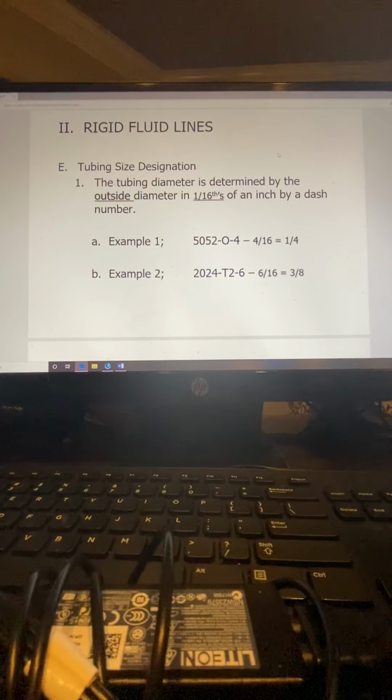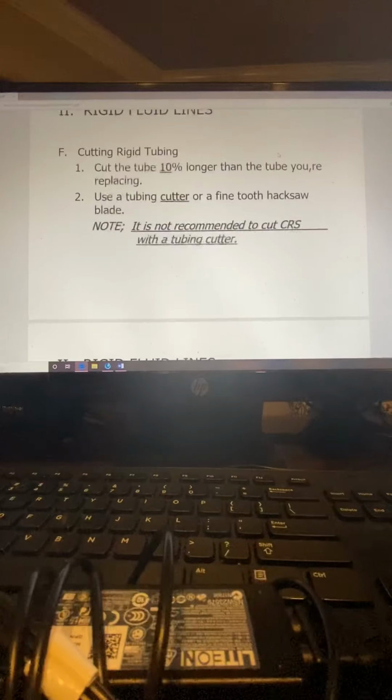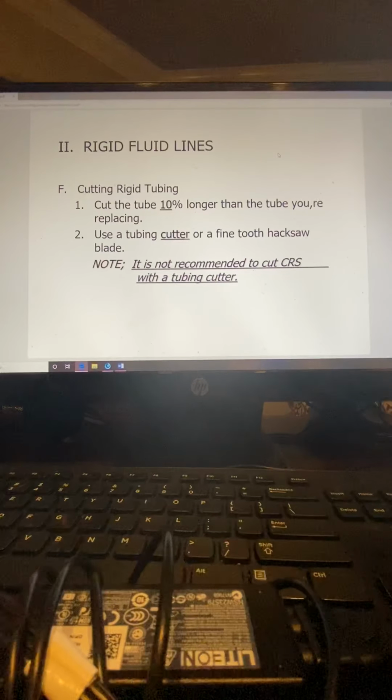Okay, so by this point, you should have already watched my video on the sizing of rigid tubing. And this is the page that talks about the sizing of rigid tubing, but I've already gone over that in a previous video. So I'm going to go ahead and advance and use this time to teach you guys about how to cut tube, how to flare tube, how to bend tubes, and then also the difference between the AC